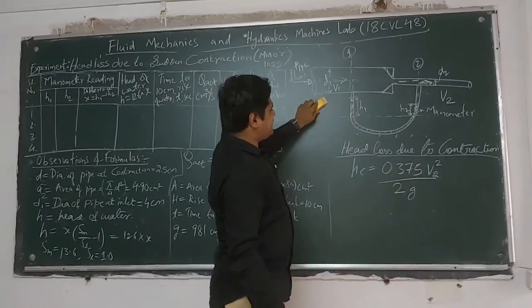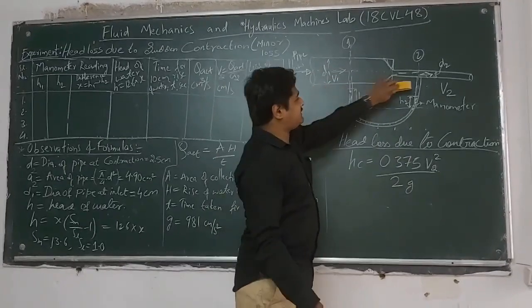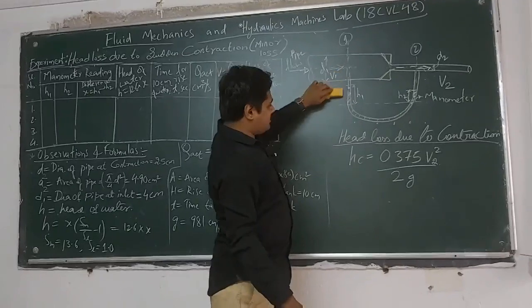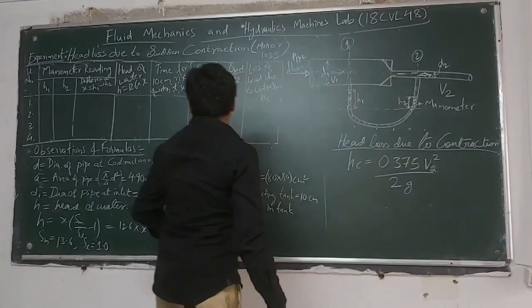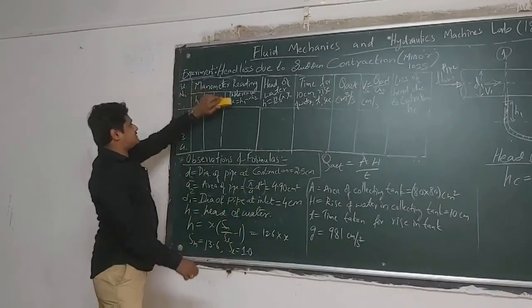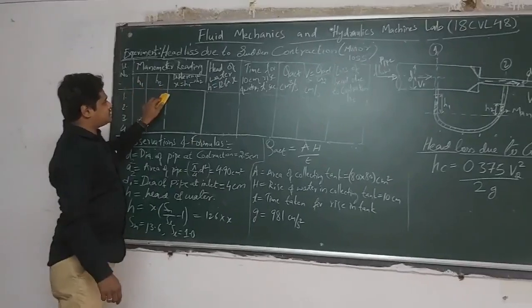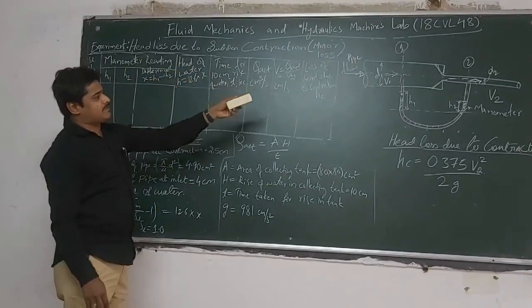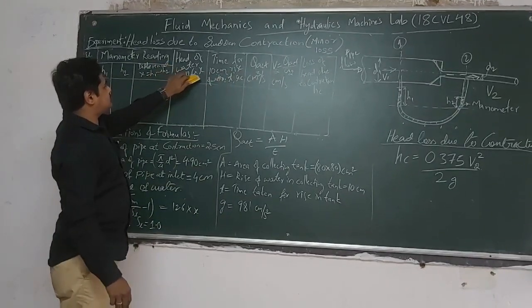So this pipe will be connected with two manometers, one in the normal pipe and the other in the contracted pipe. So H1, the rise of water, is of the normal pipe and H2 is of the contracted pipe. So these are the manometer readings H1 and H2, and the difference X is equal to H1 plus H2. You will get the difference between the manometer readings of the normal pipe H1 and the contracted pipe H2, and the head of water, that is H, is equal to 12.6 times X.